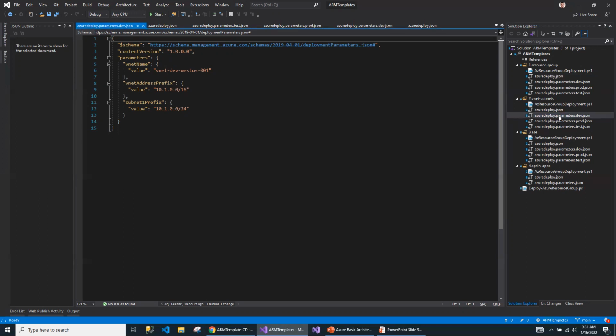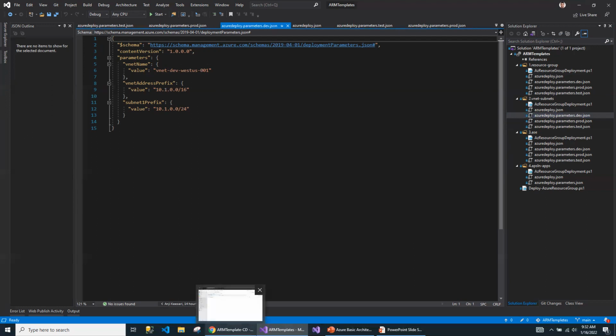That's why I created one parameter file for dev, one for production, and one for test, and you will see that the values are different for each environment. Same thing, we are going to have parameter files for every service separately, and we are going to use these files in the build and release pipeline. This is step number 1.